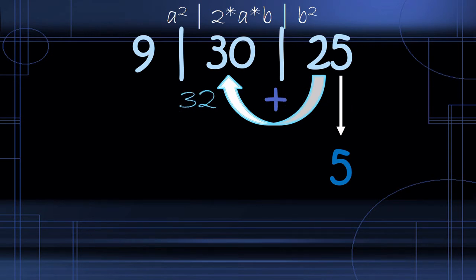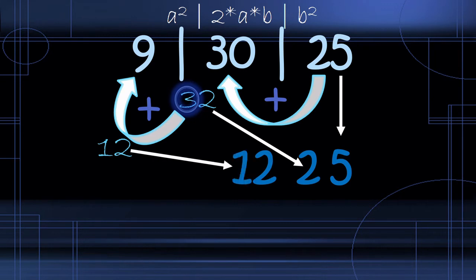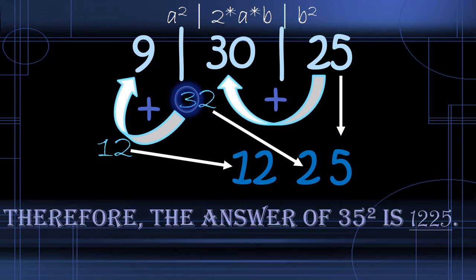Now, in 32, we drop the 2 and add 3 to 9, which gives us 12. Now we drop the 12 because we don't have any other number next to it. So the answer to 35 square is